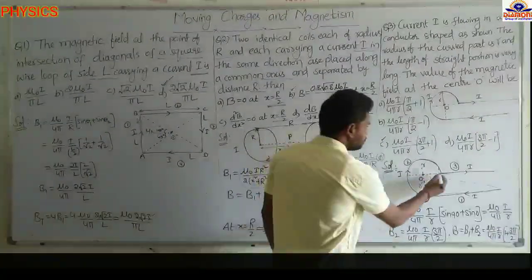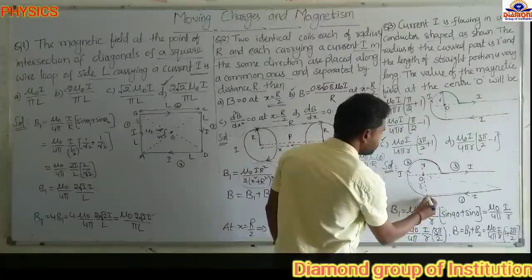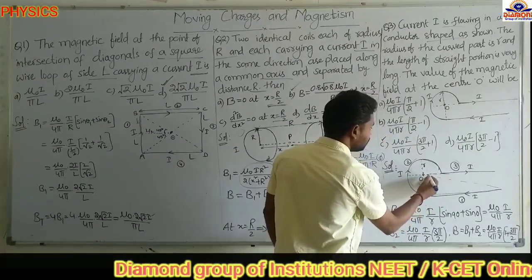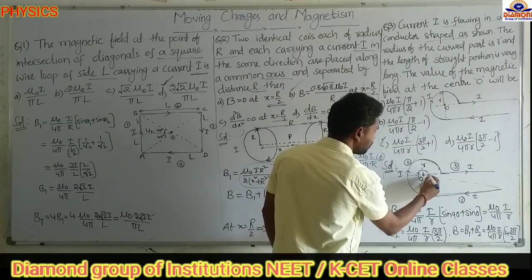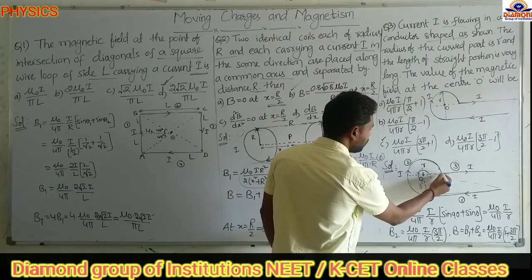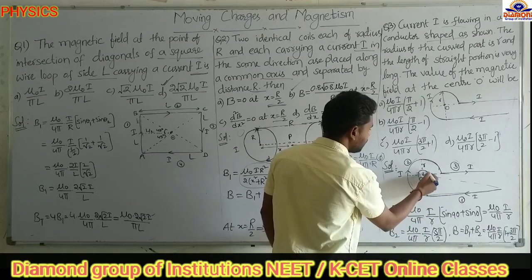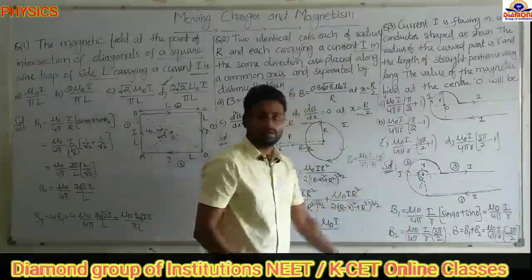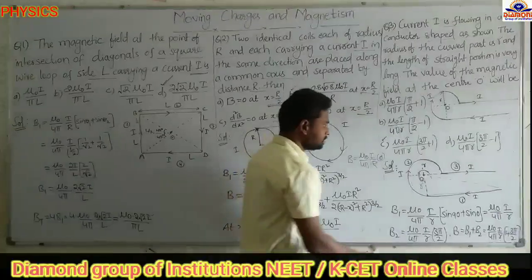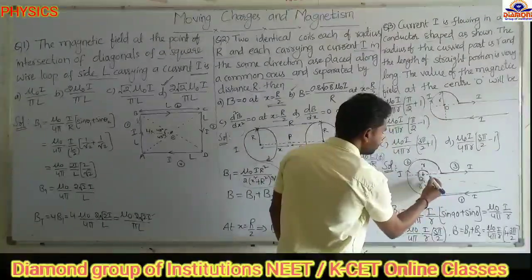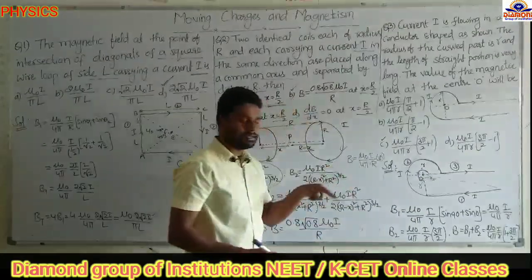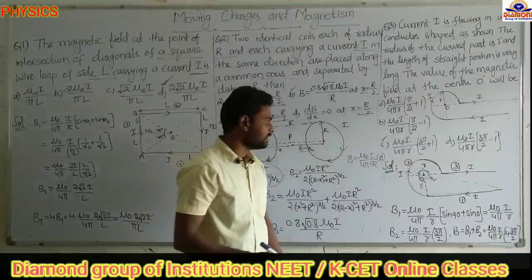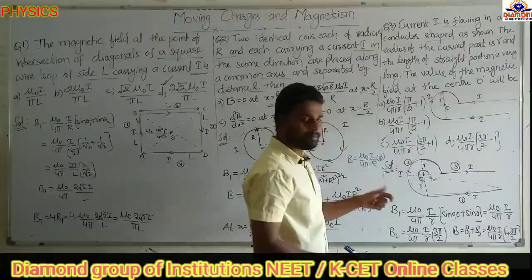So this is the arc now. This end is here and this end is here, and we have to find the angle made by it. Don't consider this angle; we need the angle between the two ends, this one end and this other end. Here this is the extension of this wire, and from here to here this angle is 90 degrees. The total angle is 360, so 360 minus 90 is 270, which we can write as 3 pi by 2.